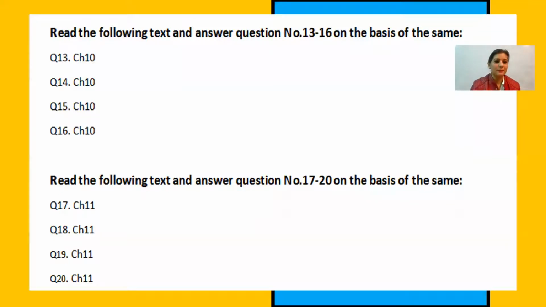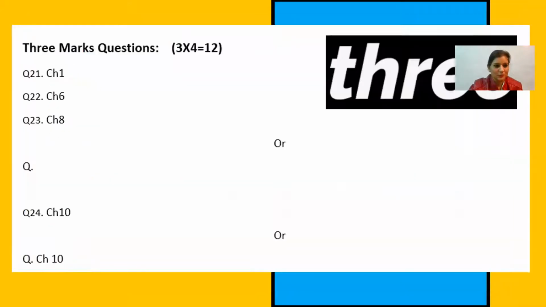It may be fill up, it may be true false, it may be match the column. Any idea they can use, but these are 1 markers only. So 1 to 20, 1 markers, 20 minutes, 20 questions. Keep it in your mind while you are solving your sample papers and practice question papers: 20 questions, 20 minutes. Why are you saving this time? For 6 markers, we discuss it at the last. 20 questions, 1 markers, we have discussed.